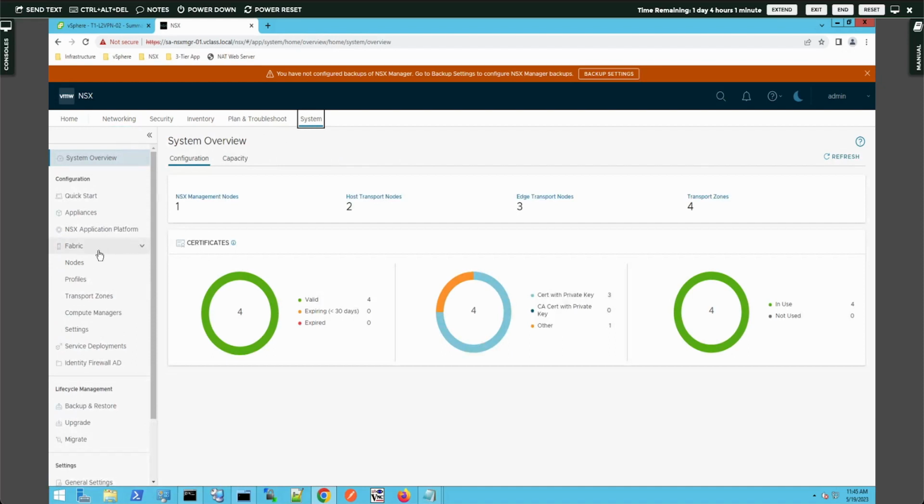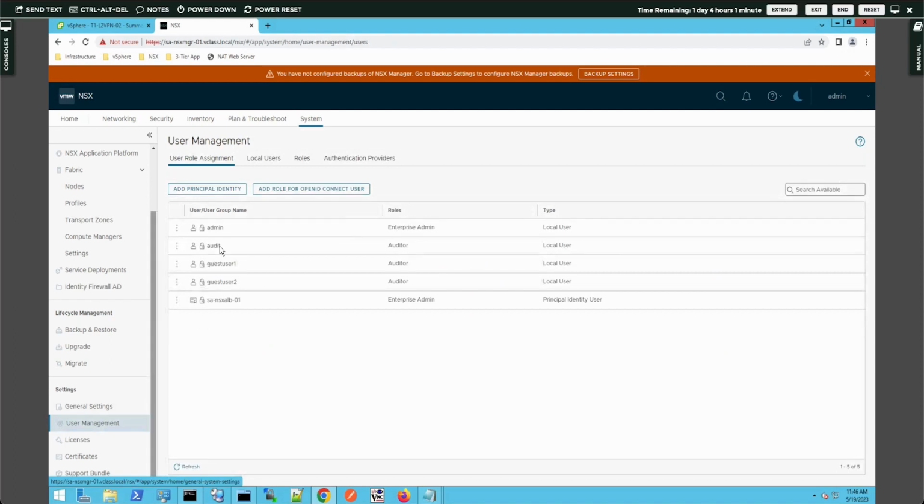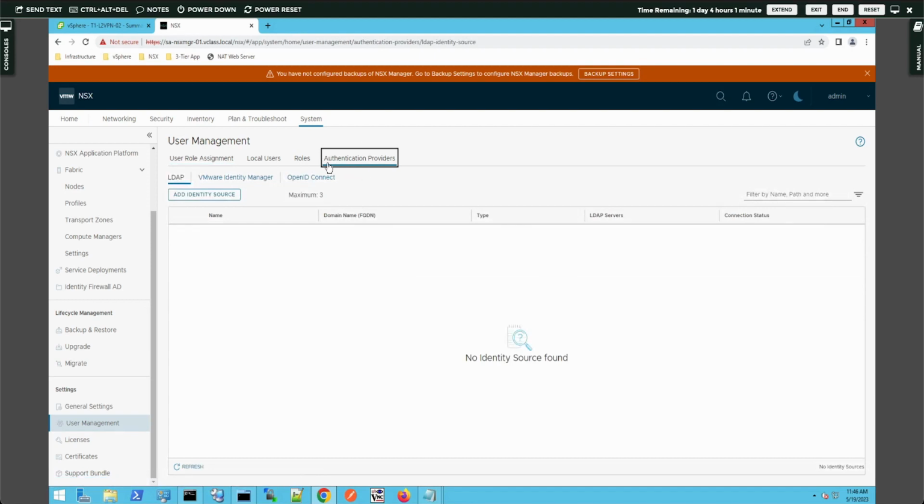So, under System, we can come into settings down at the bottom, right? Not the identity firewall Active Directory. That's not what we're looking for. That's a different function. We're going to come down here under user management, way down there at the bottom, and we're going to come over to authentication providers right here under user management, and we want to go ahead and add an LDAP source. We've got an identity manager and an OpenID Connect source available, but here we're going to set up LDAP,